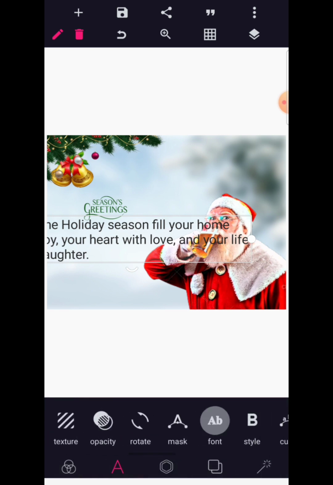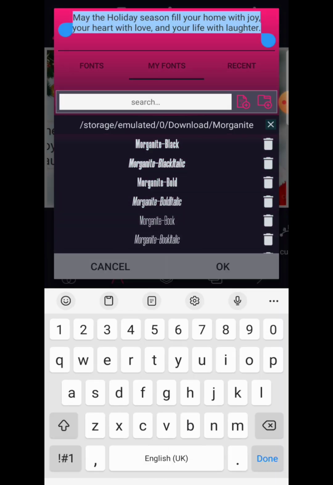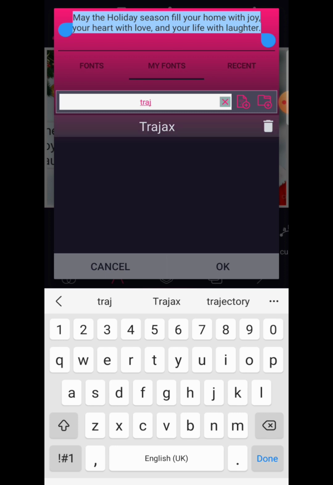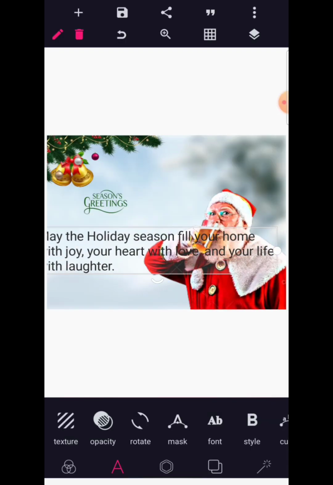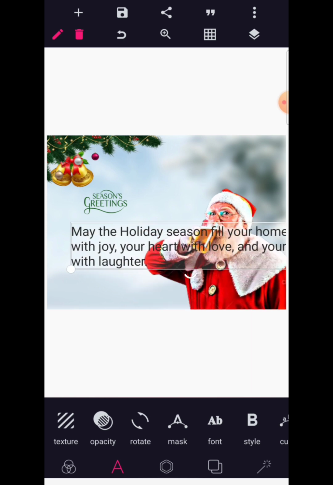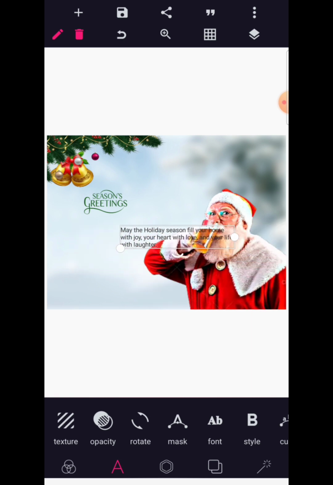and then go to your font area and use this font called Trajax. So this is the font that we are using. Now I'm going to reduce the size of this to make it fit here. I'm just going to break this into 3 lines,